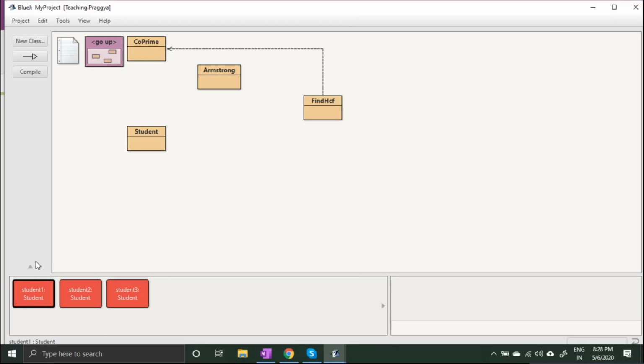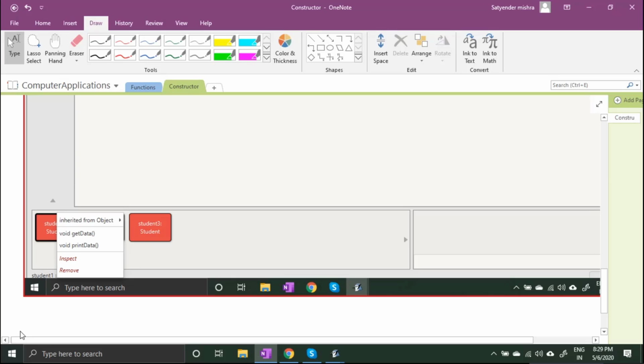Let me take one screenshot and I will do the drawing also. A student asks, where will I use the constructor? Will it be mentioned in the program given? Yes, it will be mentioned in the given program. They will give you the specification of the class, and according to that, you have to write down the code. It's going to be a very easy program, not a difficult one.